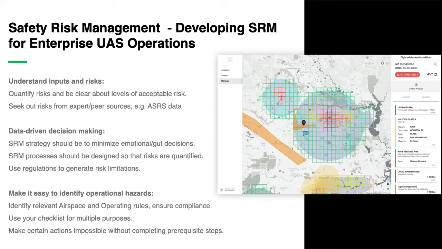For example, use your checklist for multiple purposes. When you're testing and doing a pre-flight on the aircraft, test the propellers. Make sure that the propellers don't have a hidden crack in them, and make sure that things that are hidden are also checked out, so that you're confident that when you're operating, you're doing so in a way that you've eliminated a lot of risks. And where possible, you should design some of your systems or programs to make it impossible to proceed while there's a lingering potential for risk.